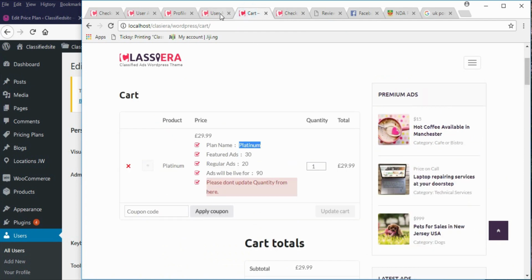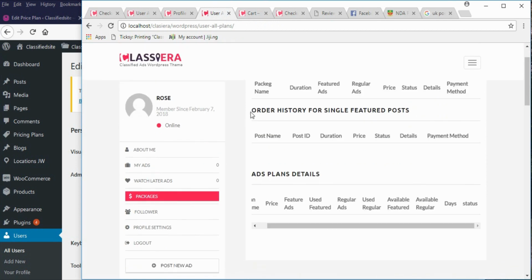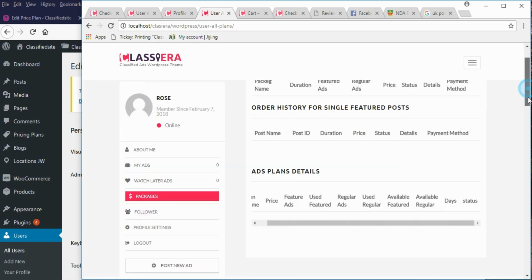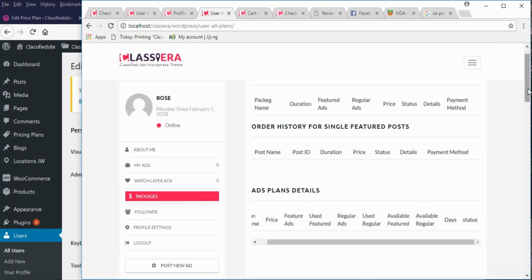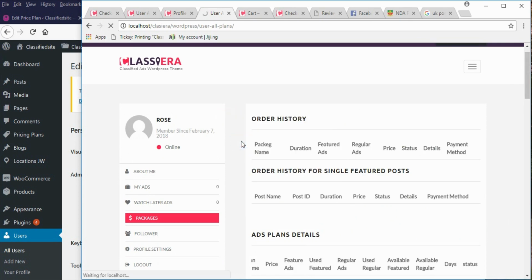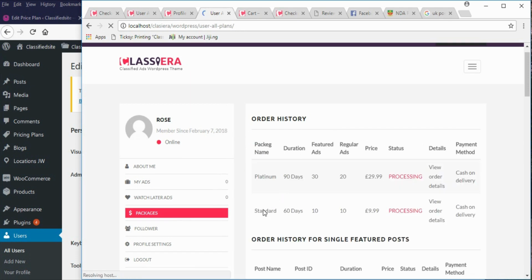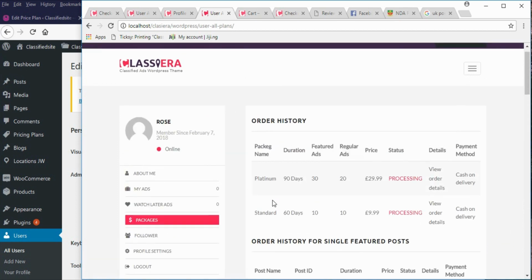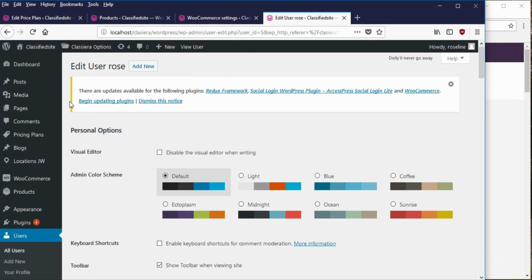Meanwhile, let's come to Rose's account and reload and see what we got there. But before that, take a look at what we have here now. Now let's reload. So this is packages, and we have the platinum and the standard, 90 days, 60 days, processing. All right, so at the back end here, an email is sent to the admin. Then the admin goes to